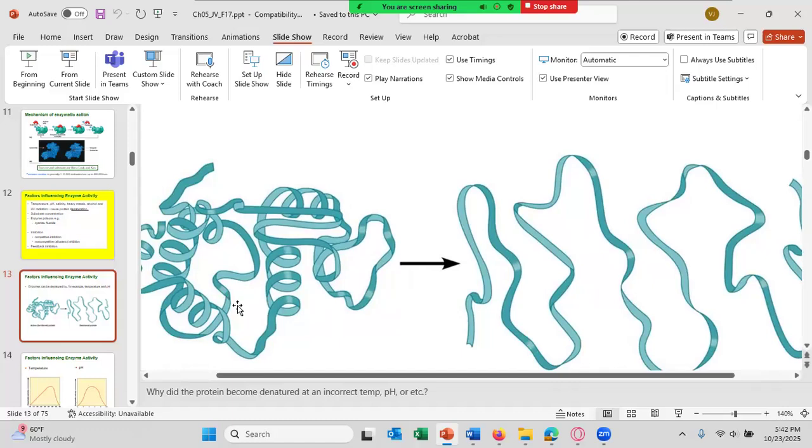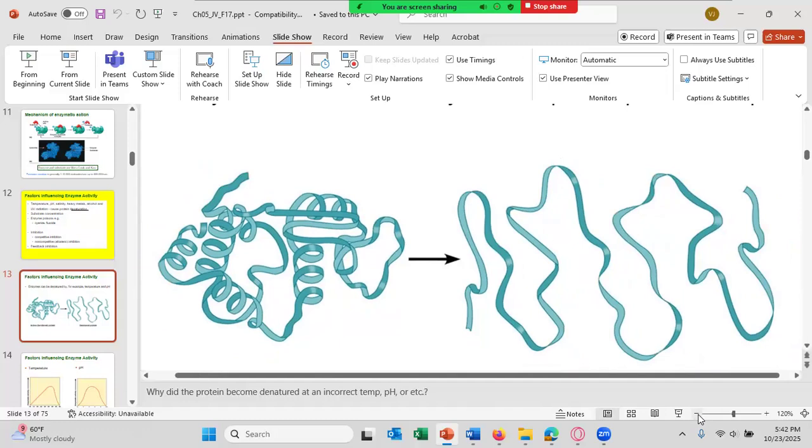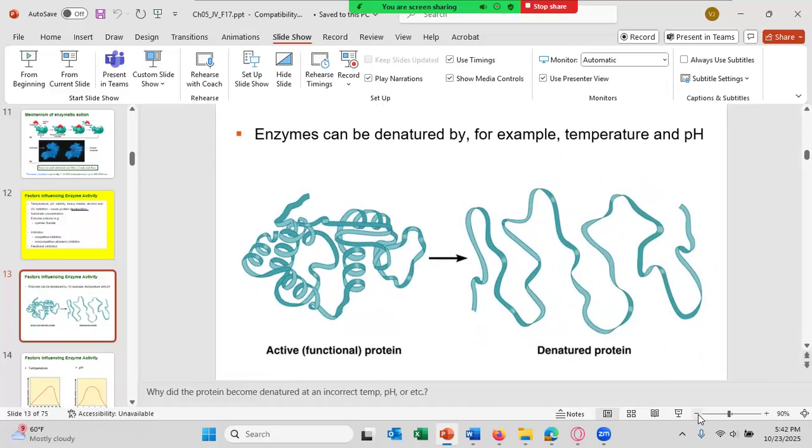in its fully optimal rate, which means the enzyme is at correct temperature, correct pH, correct salinity. And if you take the enzyme out of the correct pH, the correct salinity, the correct temperature, the amino acids will not be